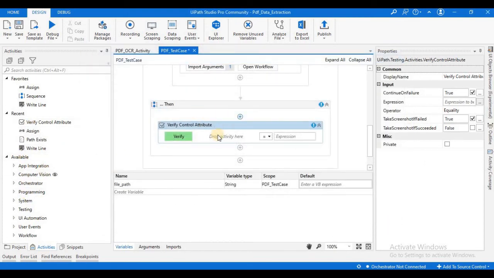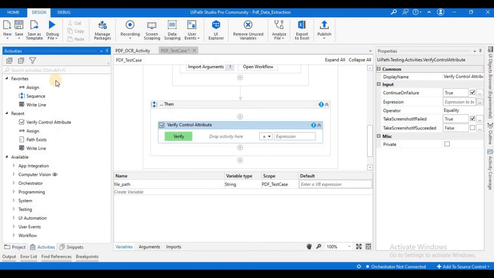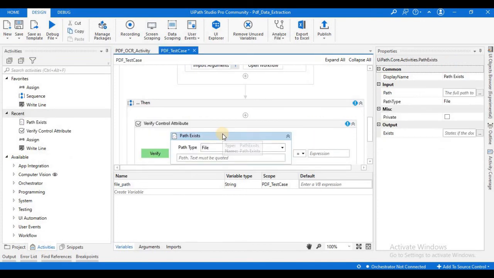Here what you need to check is whether this file is available or not. Okay, so for that I will take another activity, that is the Path Exists activity. So here I will put the file path variable.